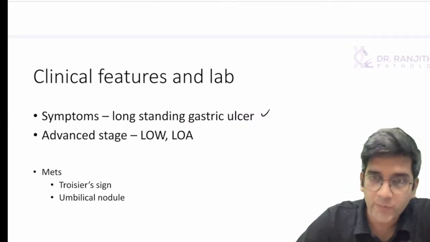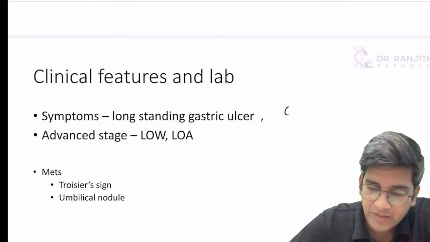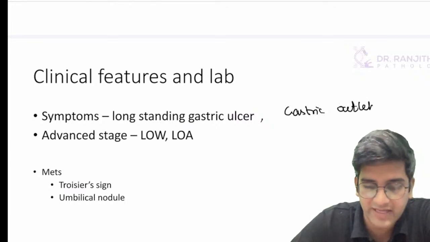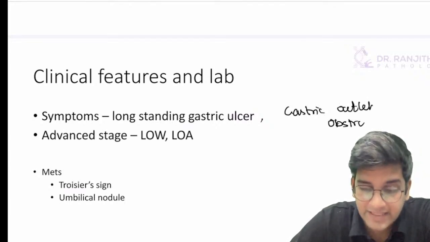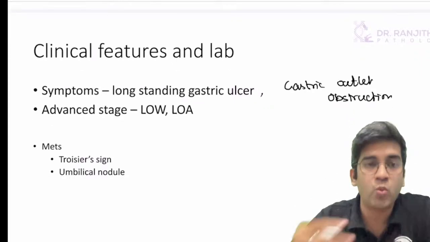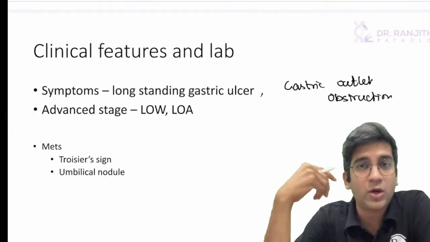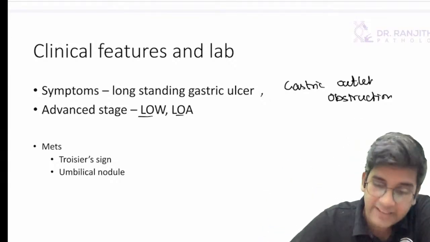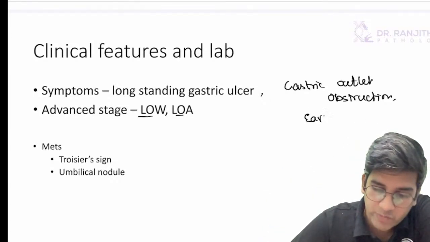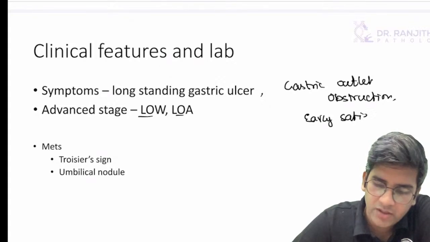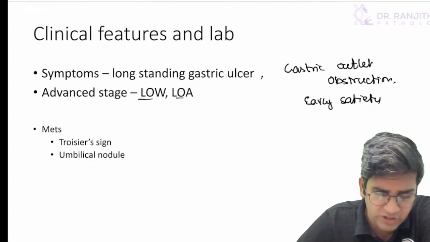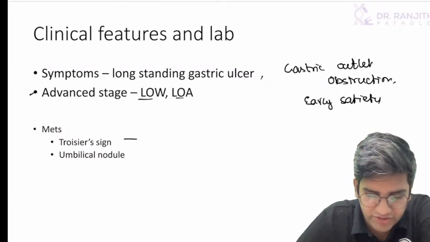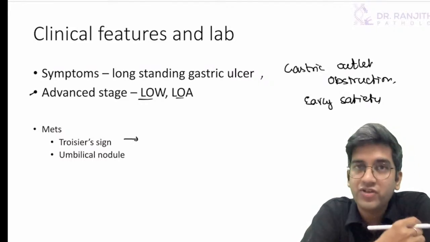In the worst case scenario, I am sure you guys must have seen gastric outlet obstruction. Have you seen a case of gastric outlet obstruction? In gastric outlet obstruction, like Lion said, vomiting could be the presenting feature. When the outlet is obstructed, appetite will not be there, loss of appetite and loss of weight, early satiety, perfect, right? So early satiety can also be there, especially in case of a diffuse type of adenocarcinoma, and loss of weight, loss of appetite, especially in advanced stage, right? Can anyone tell me, what is Troisier's sign? Because this could be the history given in a long answer.